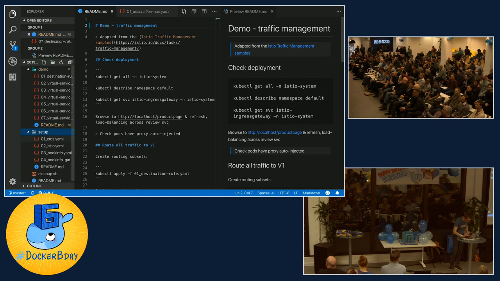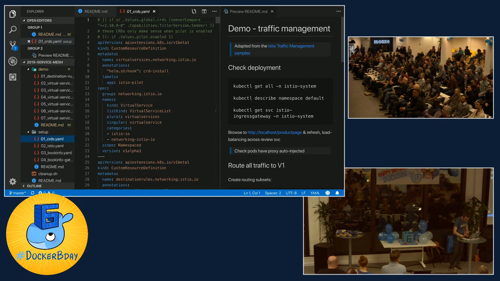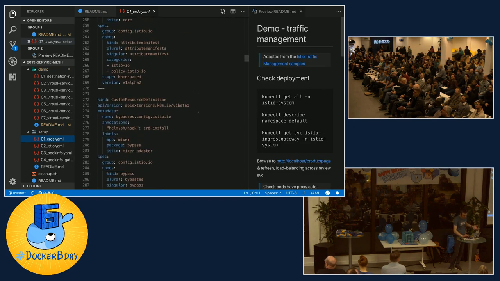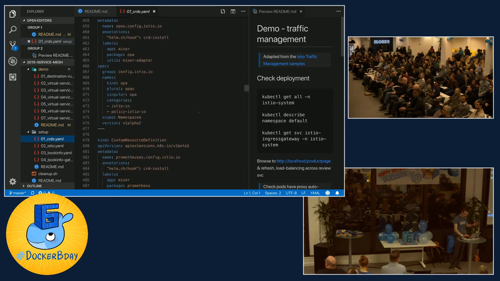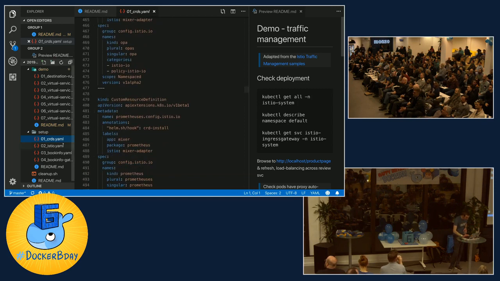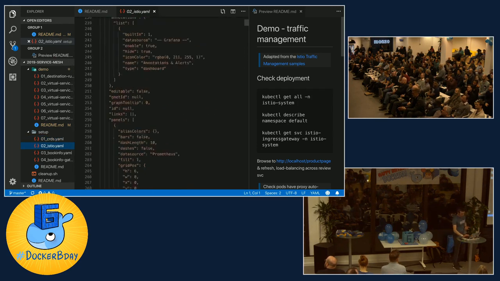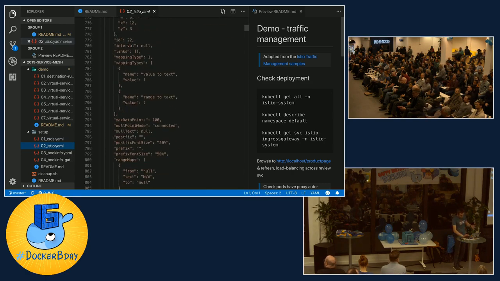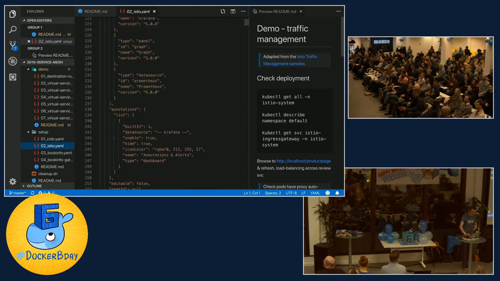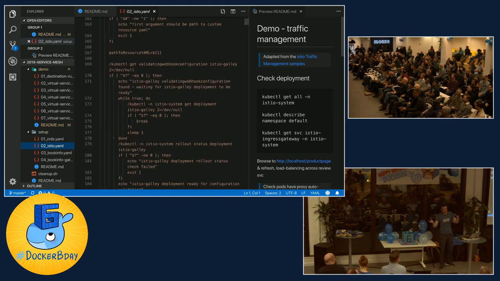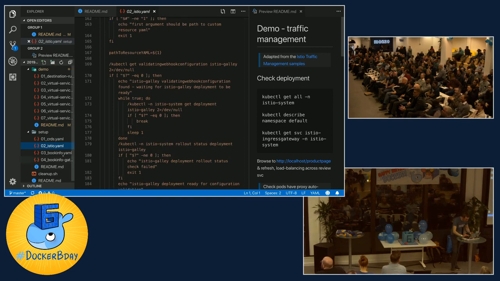So I'm not going to go through them in detail, but this is the custom resource definition. I think ISTIO, the latest version, has got 53 different CRDs. Like I said, there's a lot of complexity there. ISTIO itself runs as a whole bunch of services. There's 15,000 lines in this YAML file. So I'm going to start with line 1. No, obviously not. In fairness, most of that is a Grafana dashboard. They plug in a whole Grafana dashboard as a config map and surface it. So I'm not going to go through all that. All you do is deploy those things, and then you've got ISTIO up and running.